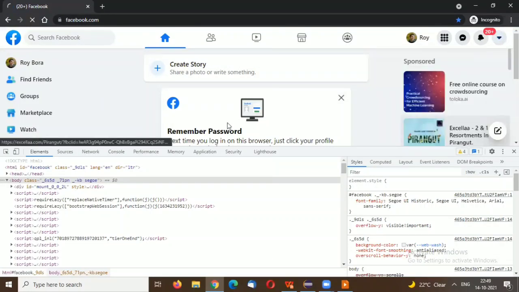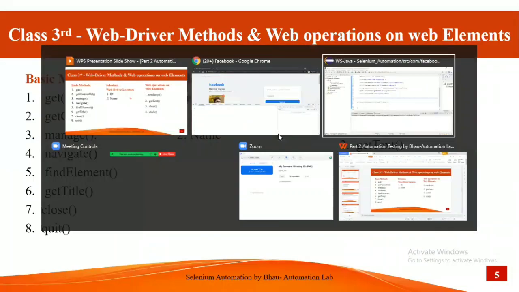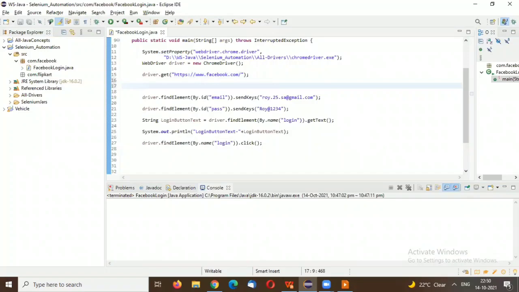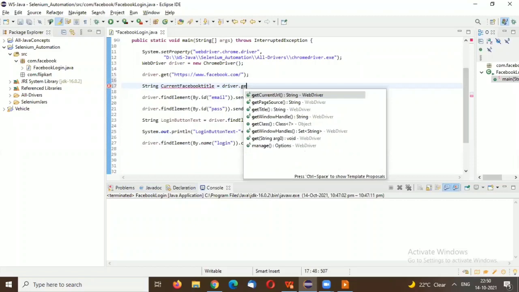So how to verify that? Before we log in with facebook.com, we need to get the title and store it. String currentTitle is equal to driver dot get title.